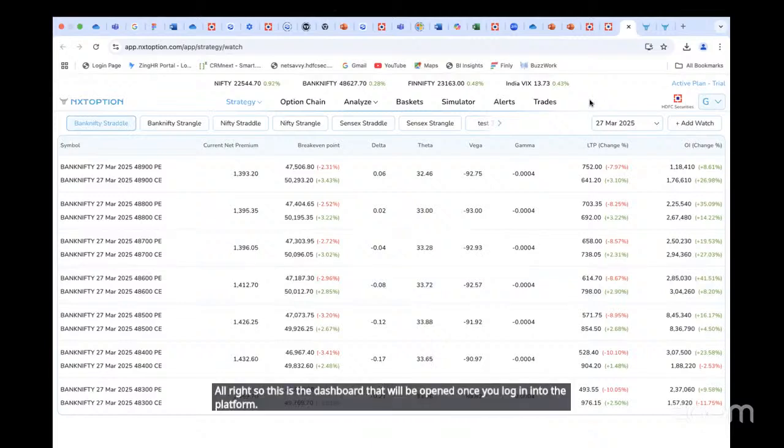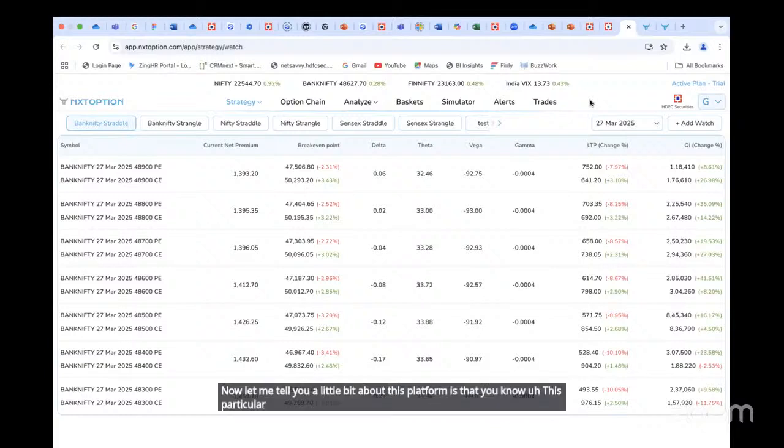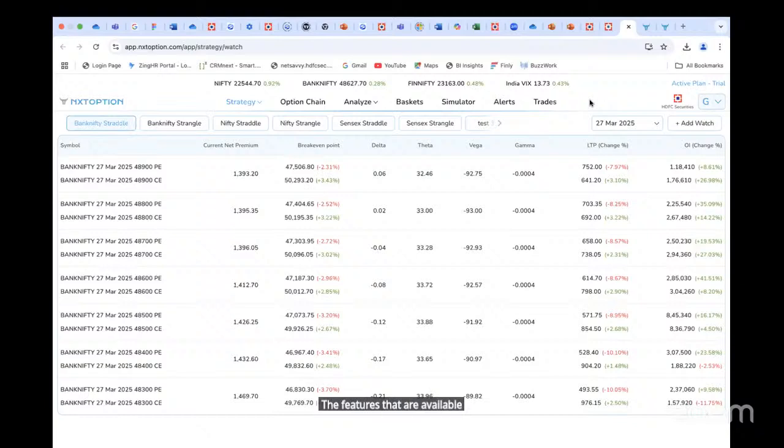Now let me tell you a little bit about this platform. This particular platform is way advanced in terms of the features, and even the UI of this platform is very much advanced. If you're an active trader, the features that are available on this platform are going to help you immensely,